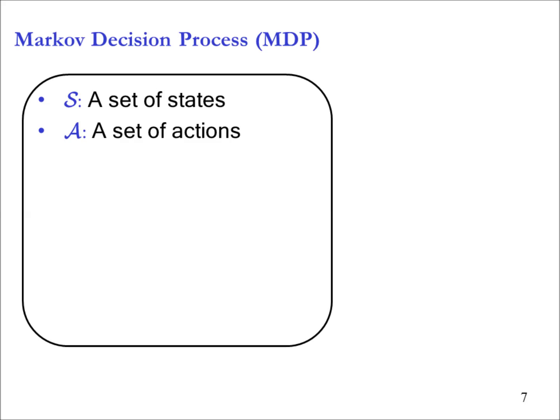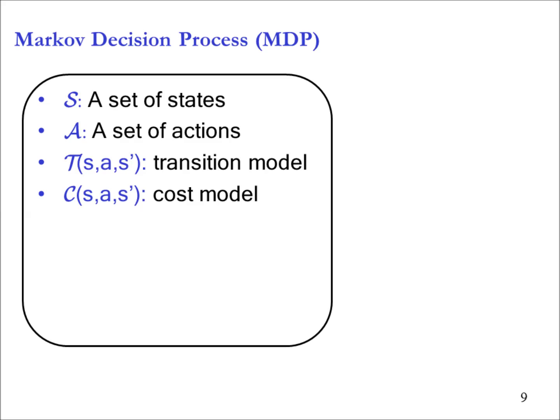Alright, so let us first define the atomic agent for this. So we, as usual, have a set of states, we have a set of actions, and then we have a transition model. We always had a transition model. If I take this operator in this state, where am I going to reach? But now this transition model is probabilistic. I'm going to reach different states with different probabilities. I may have costs associated with these actions.